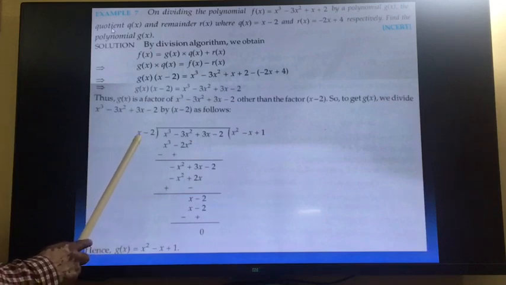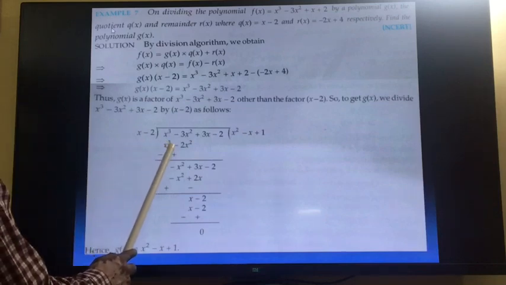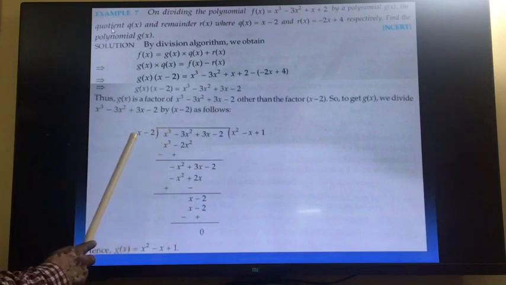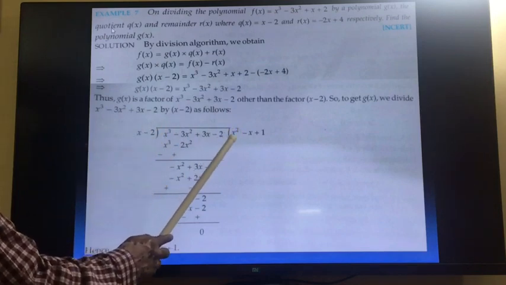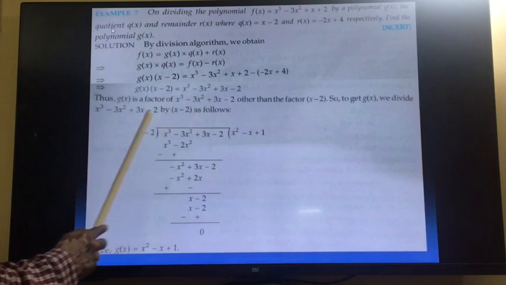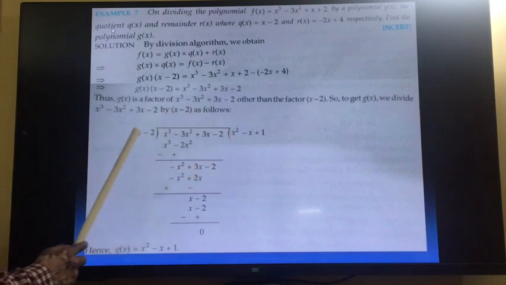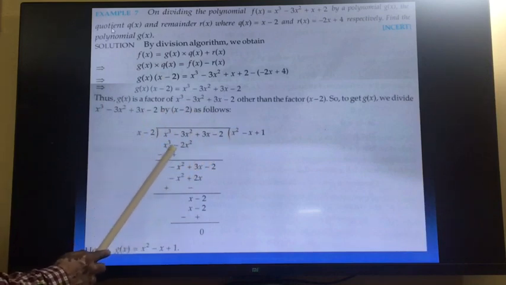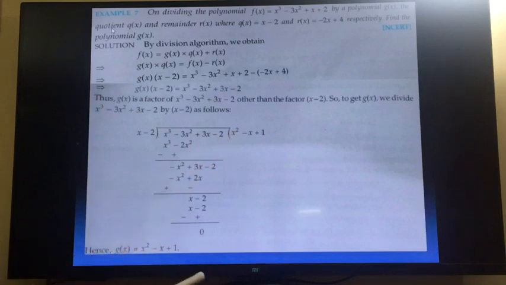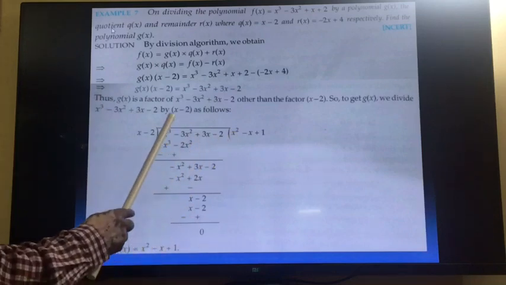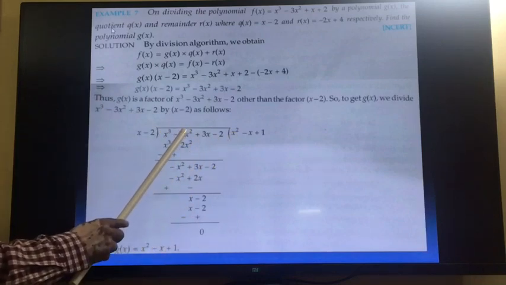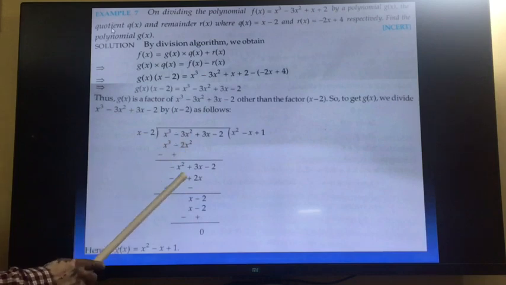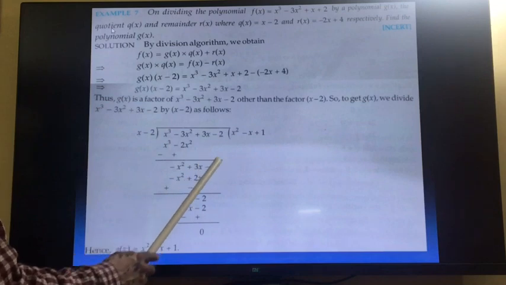So by x minus 2, if you divide, you see what power you want? 3. Here power is 1. So 2 more powers, so we will write x to the power 2. Now by this x to the power 2, we will multiply this. So x to the power 2 into x minus x to the power 2 into 2, so 2x square. So change the sign. After changing this, cancel. Here you will get positive 2 and negative 3, so you will get minus x square plus 3x, and copy as it is minus 2.